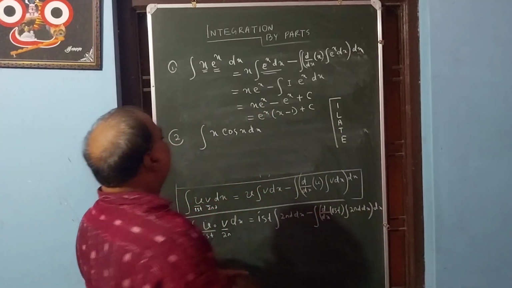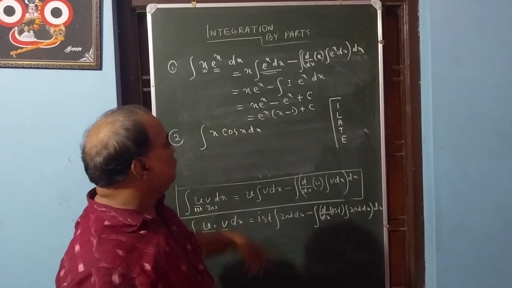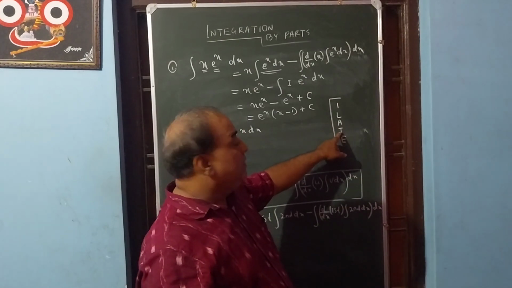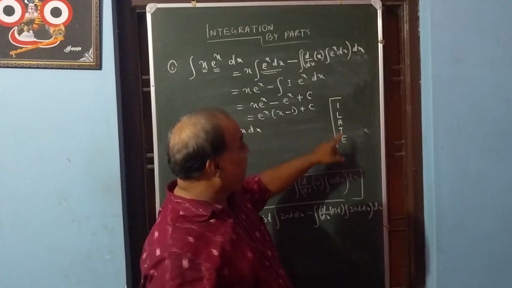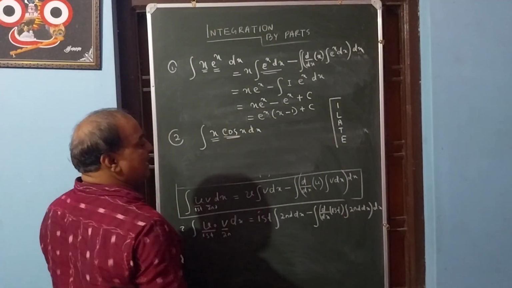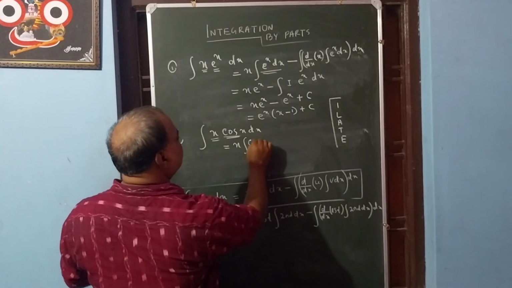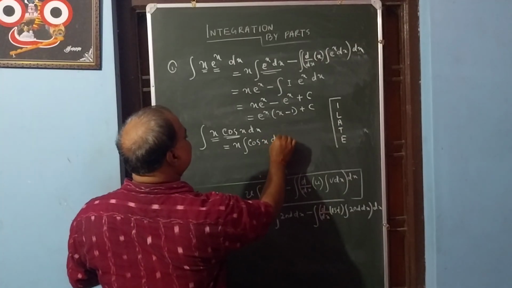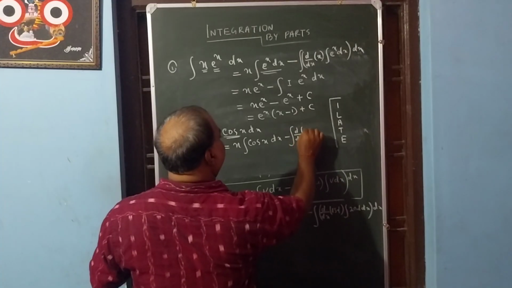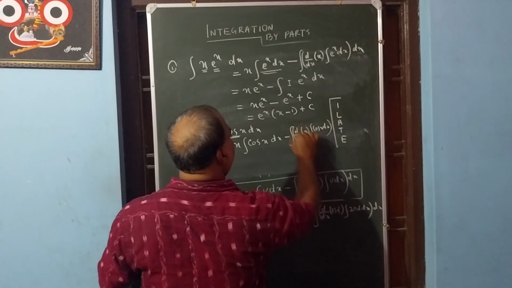Euler. Here there are two types of function available. One is an algebraic function, another is a trigonometric function. You see here, first comes the algebraic function, then comes the trigonometric function. So this is chosen as the first and this is chosen as the second. So what is the formula? First, x integration of cos x dx, minus integration of derivative of x, integration of cos x dx, whole into